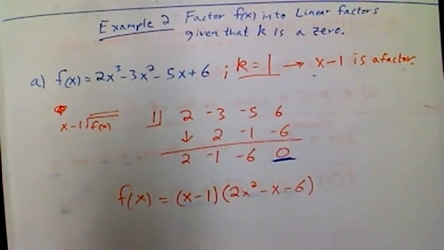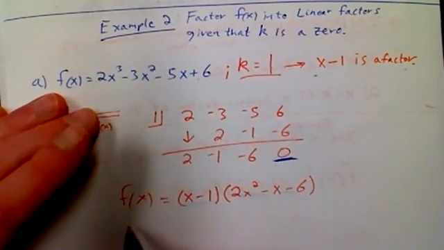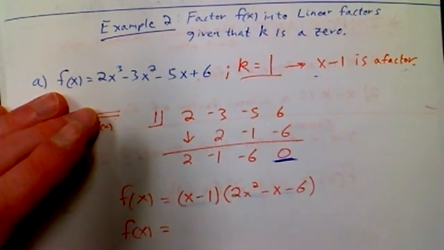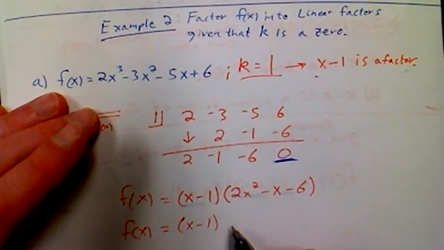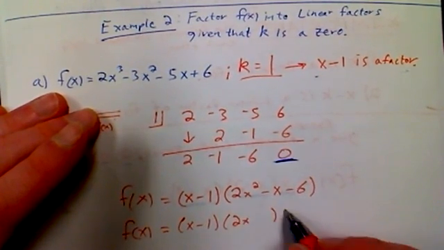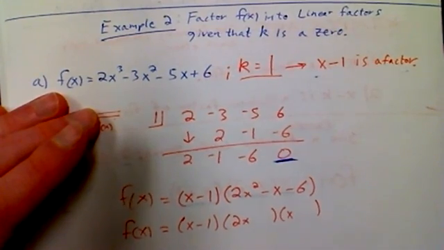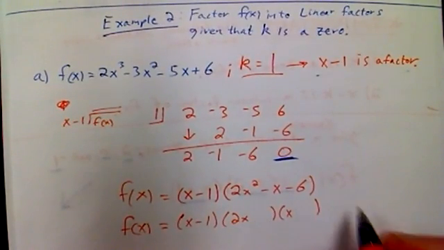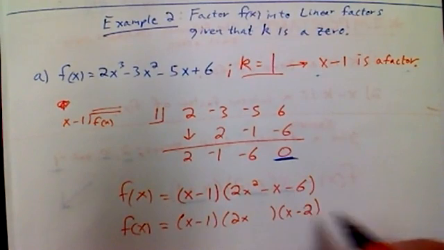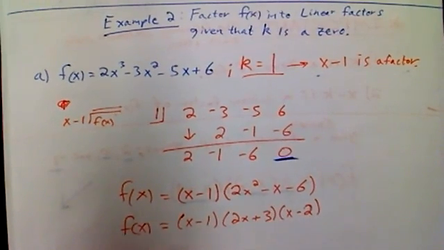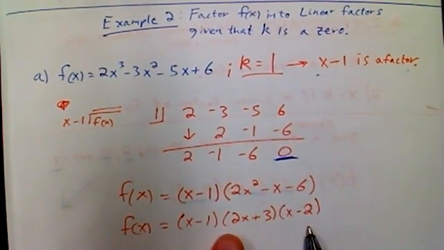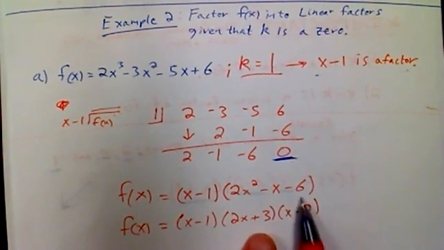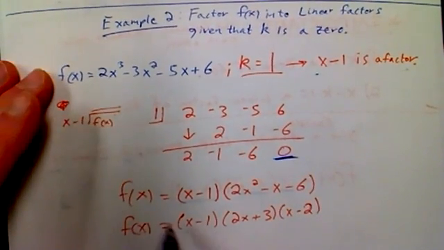Now, it does say we want to factor it fully into linear factors, but from here, I think we can use our good old-fashioned regular factoring. So 2x and x, to me, it looks like a minus 2 and a plus 3 should work out for us, right? Negative 4x plus 3x is negative x. There's our negative 6. So this is fully factored